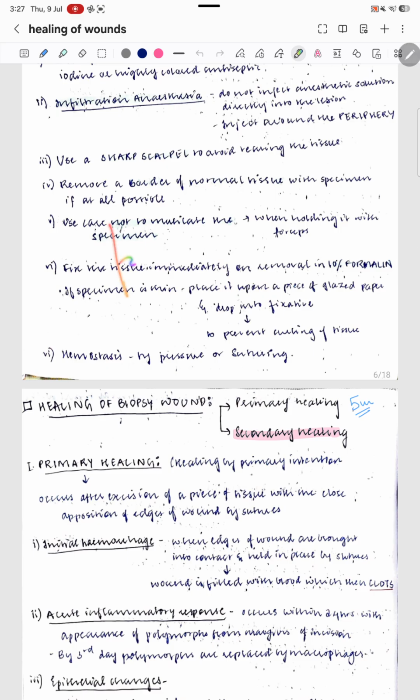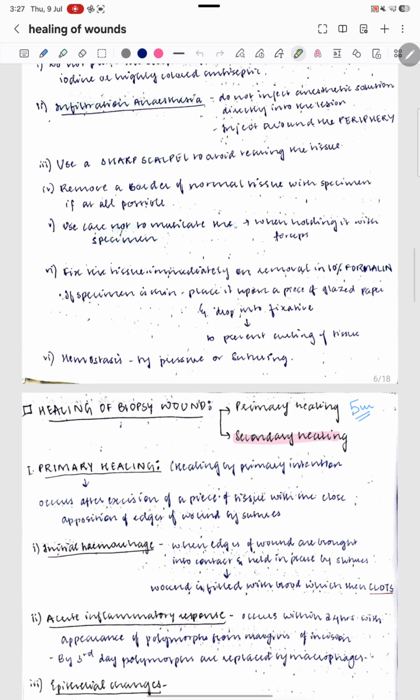So basically, let's just say that this is a PA and we need a sample of the PA. PA is basically pleomorphic adenoma. Then we make a border, then we insert anesthesia at the border, and then we use a sharp scalpel and cut the border, after which we remove the border of the normal tissue of the specimen by carefully pulling it with a forceps. So we basically remove this part,